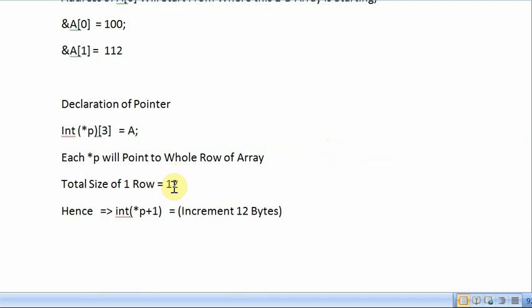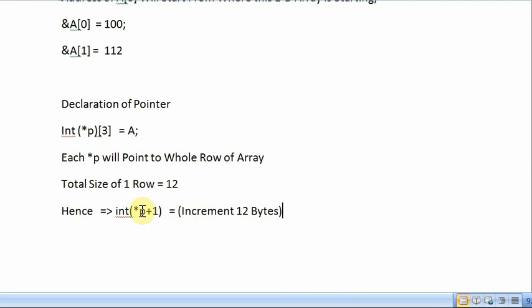So when we try to increment, the total size of one row is 12. So when we increment the address like this, it will increment 12 bytes of memory. As we saw in the previous video, it would only increment 4 bytes of memory if it were a 1D array or an integer variable.